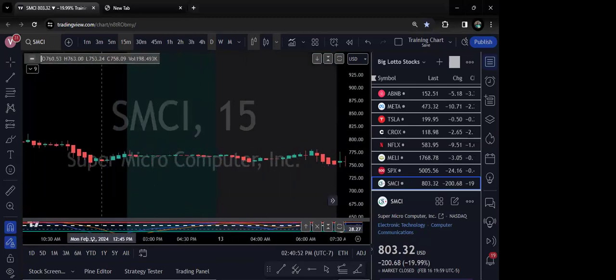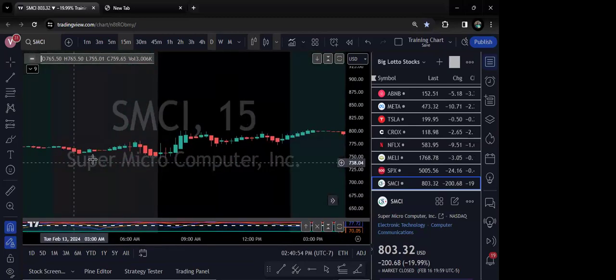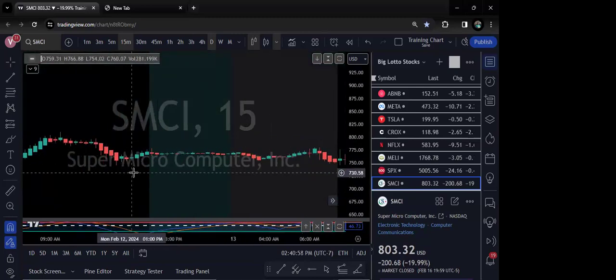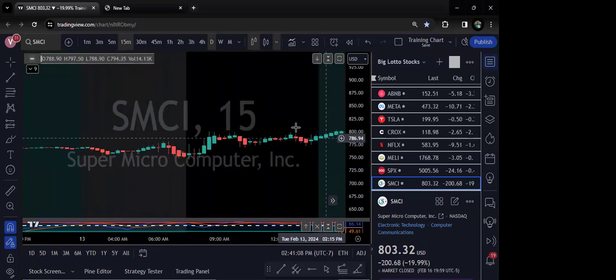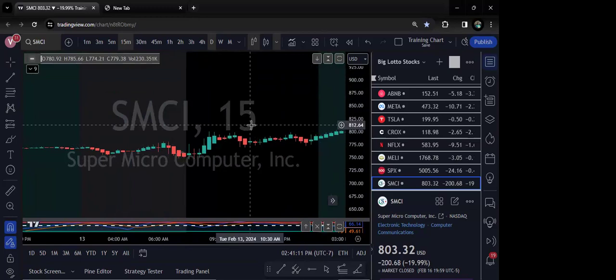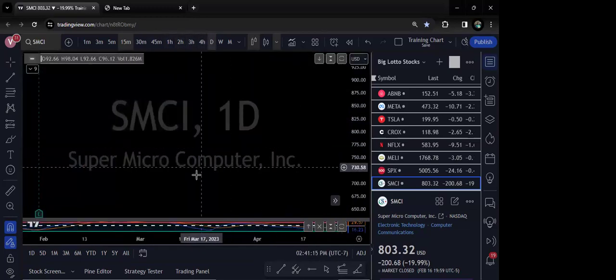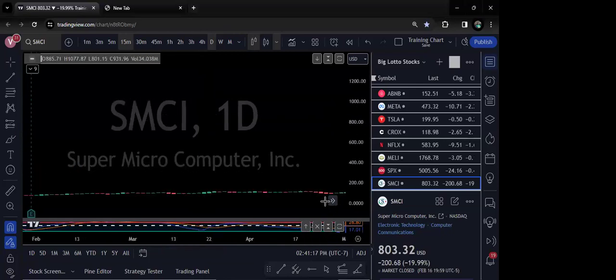It's green. It's showing red because it opened below. This is the previous day close, and this is our opening price. And then it went up, and then closed below the high. So this is on the 13th. So it's still a green day. It's just that the price